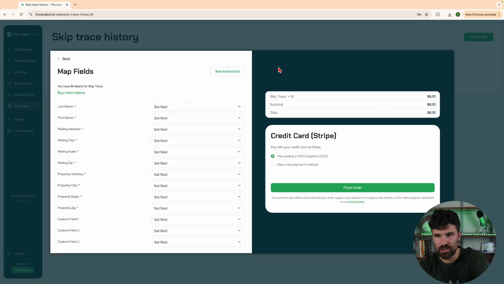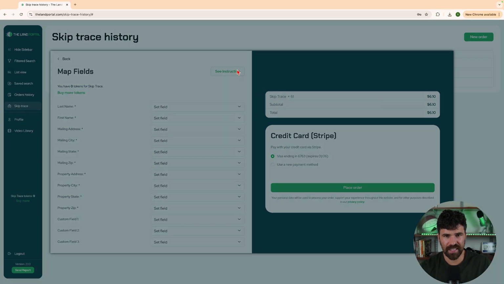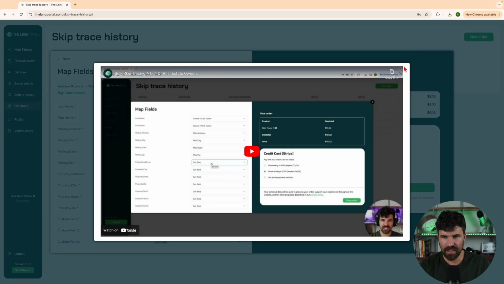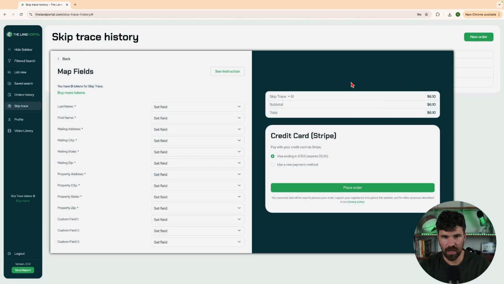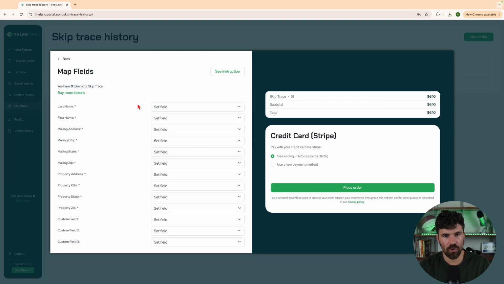All right, so to do this, you can hit the instruction here at the top, and this is going to be the video that you're most likely watching now. But what you want to do is line up each of the fields. So you're going to go to last name, and this is the owner last name. You can type these in as well to speed up the process. Owner one first name, mailing address,